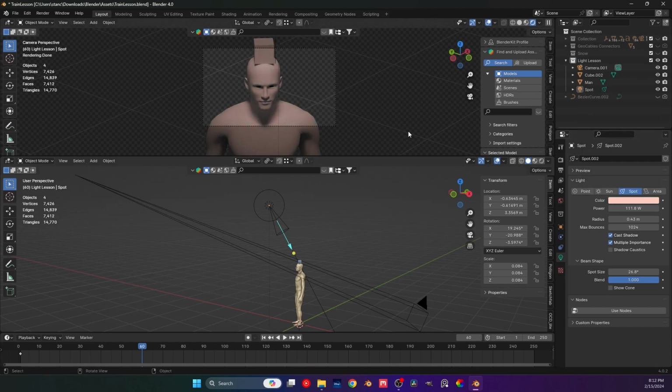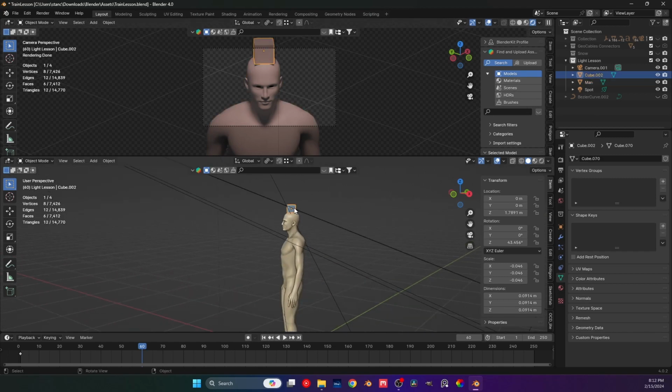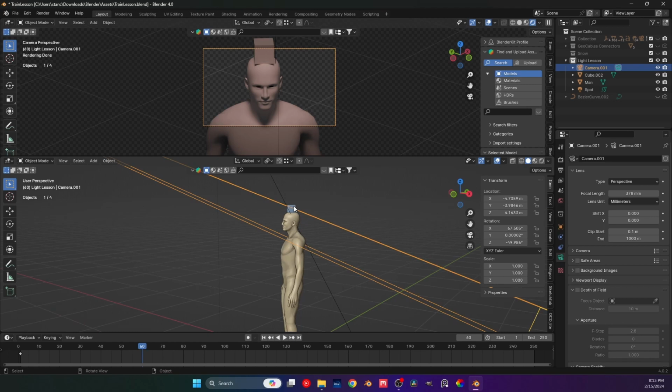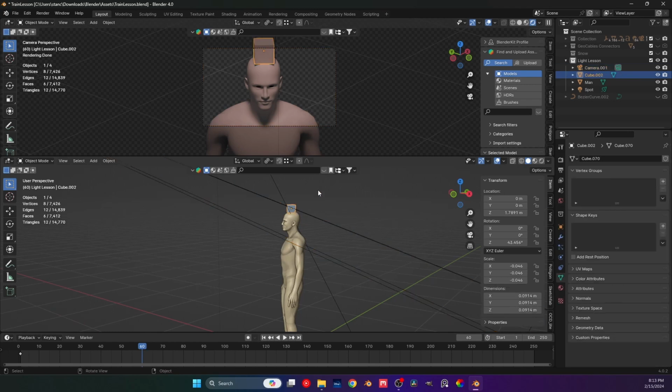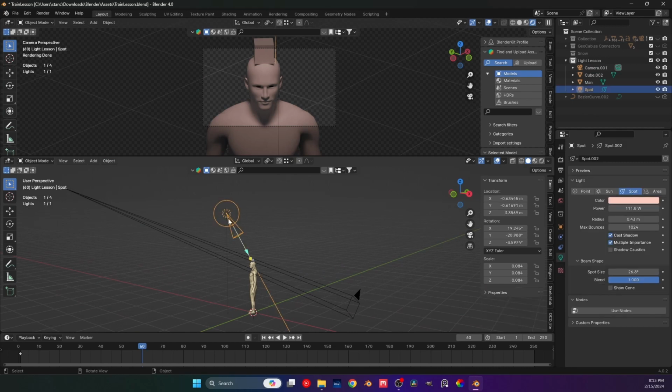What happens here is this affects both bodies, but let's say we don't want that. I want the body to be affected by the light, but the cube to remain dark, or to light it with another light. Well, what we can do is something that only Blender 4.0 and forward can do, and by selecting our light,